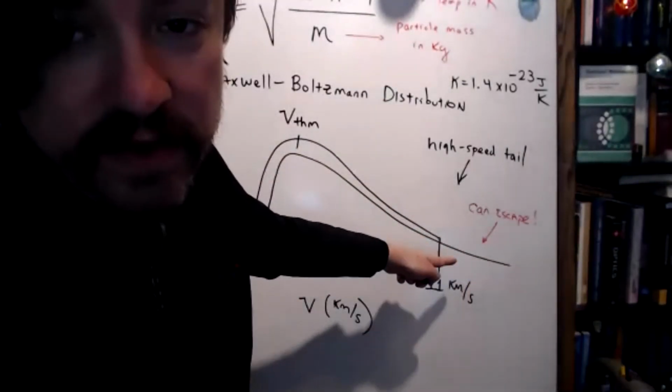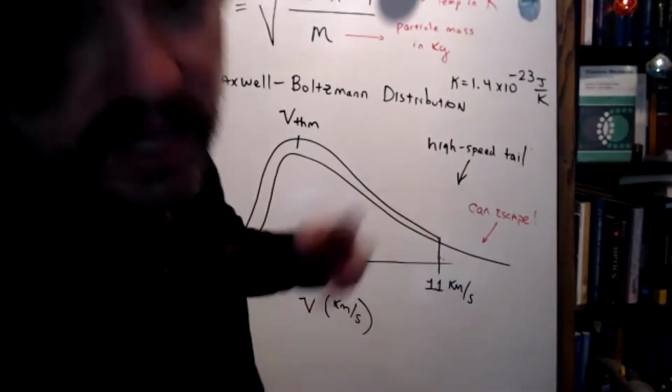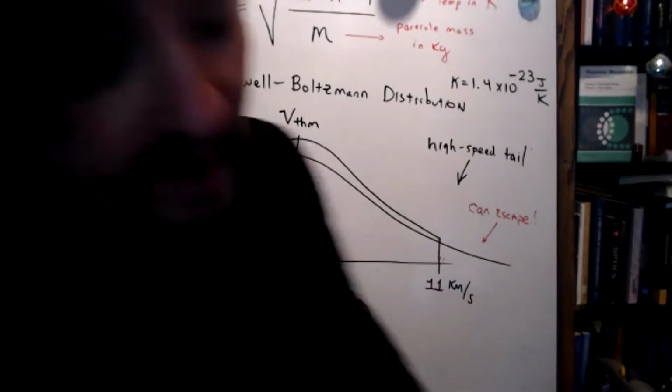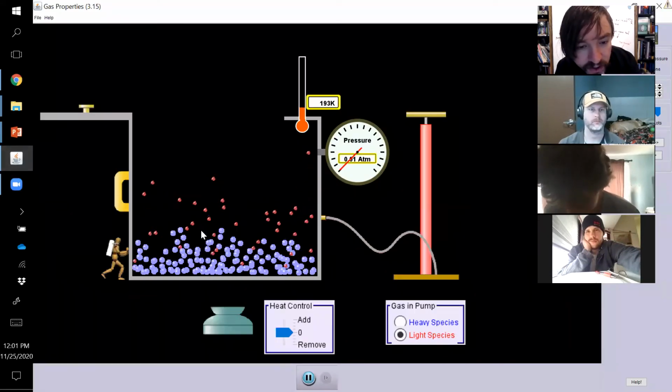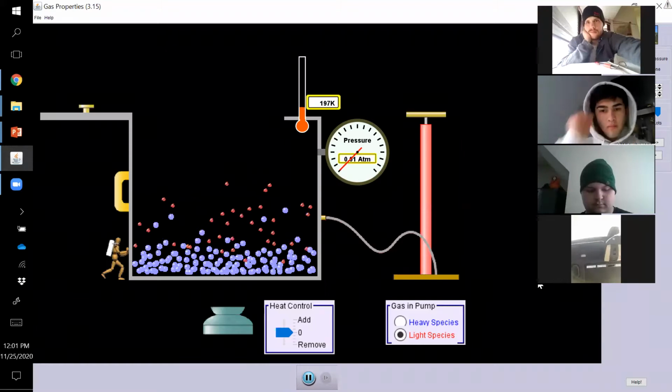And then guess what happens? Those particles jump off the planet and escape. And each time you keep kicking particles. In fact, you guys can see that. If you look at my animation, you can see that process at work. Do you see now how there's way fewer particles than there were before? That's because they've been leaking.